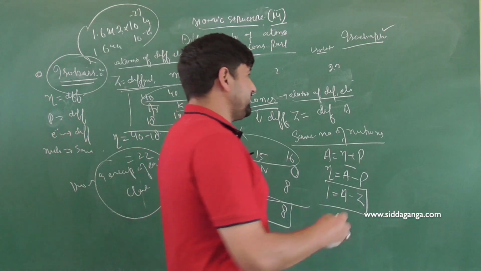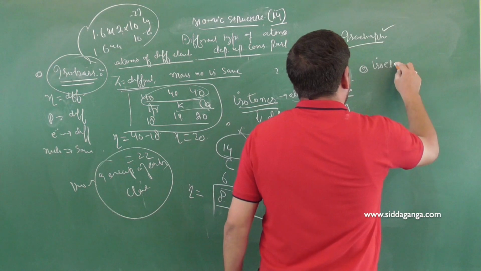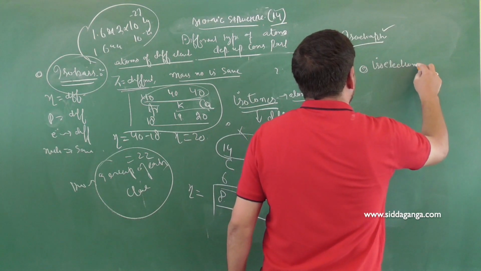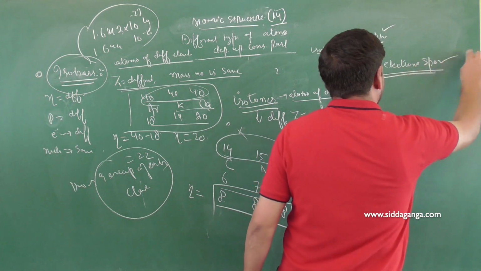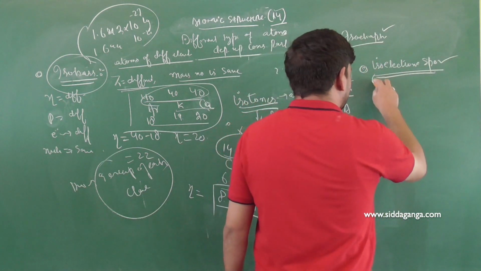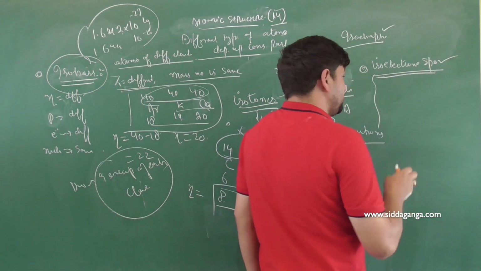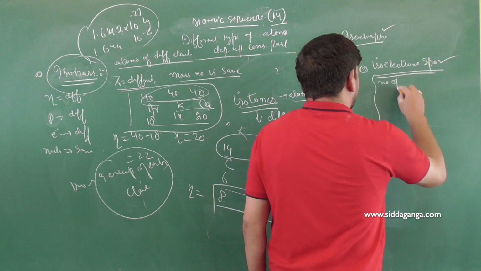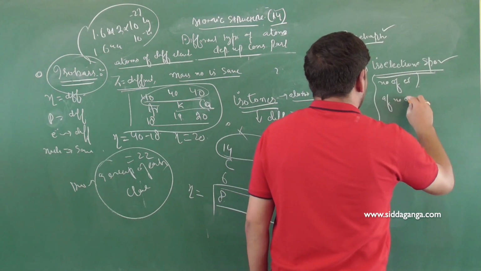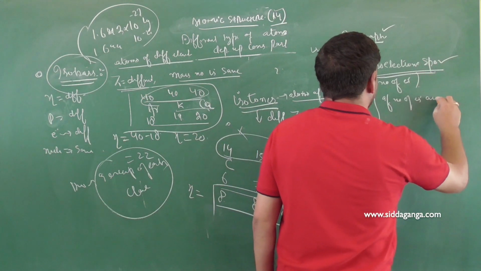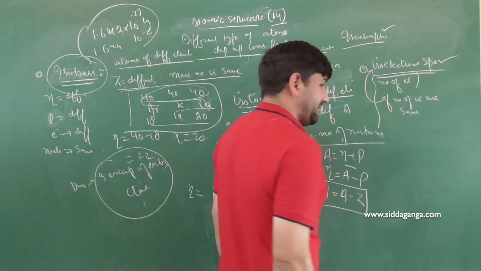Then you have one more which is quite simple to every one of us. We call those isoelectronic species. What are they called? Isoelectronic species. This classification is not on the basis of neutrons and protons. It's not on the basis of the nucleus. It is on the basis of the number of electrons. If the number of electrons is the same, we call those isoelectronic.